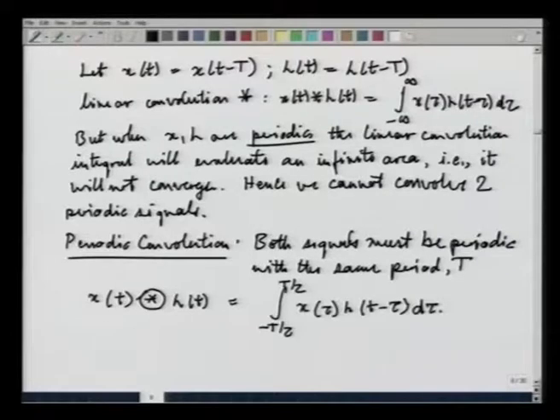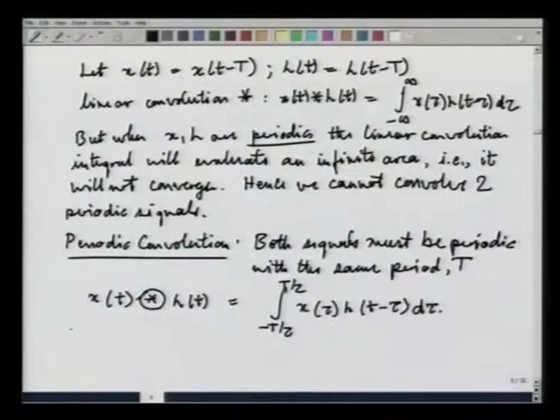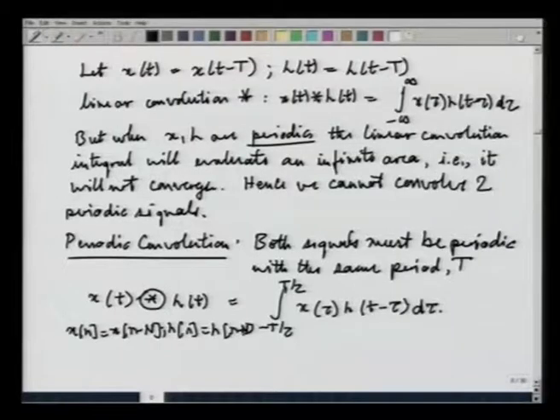Now, why is it of interest to us all of a sudden? Before I even answer that question, let us just dispose of the periodic convolution of discrete functions, discrete time sequences. We have just now provided the formulation for continuous time sequences. For discrete time sequences, suppose you have x[n] equals x[n minus N], h[n] equals h[n minus N], then x[n] periodically convolved with h[n]